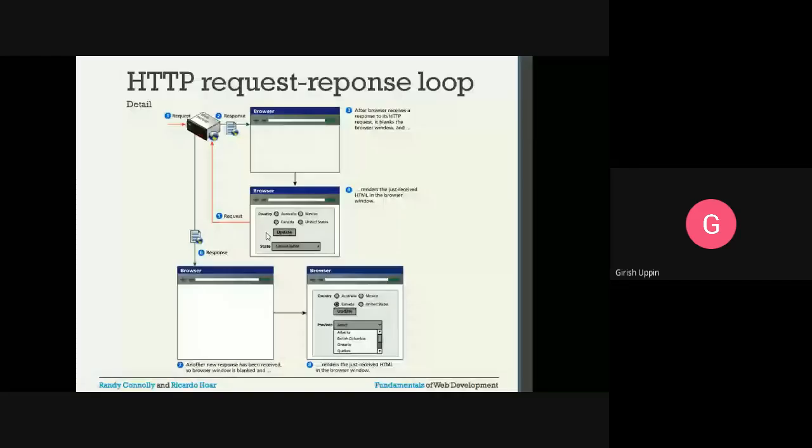Suppose the user selects Canada here and updates, again the request will go with the country value as Canada, and the response will come, and before giving the updated form, it will blank out the window, and after blanking out the window, it will render whatever updated form is received. In the updated form, we have the list of values for the province control.